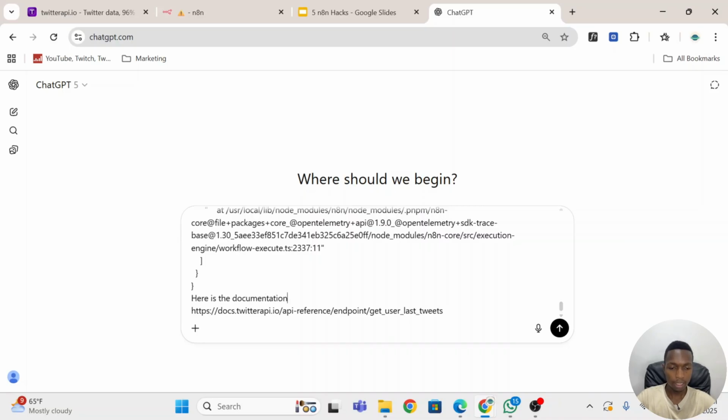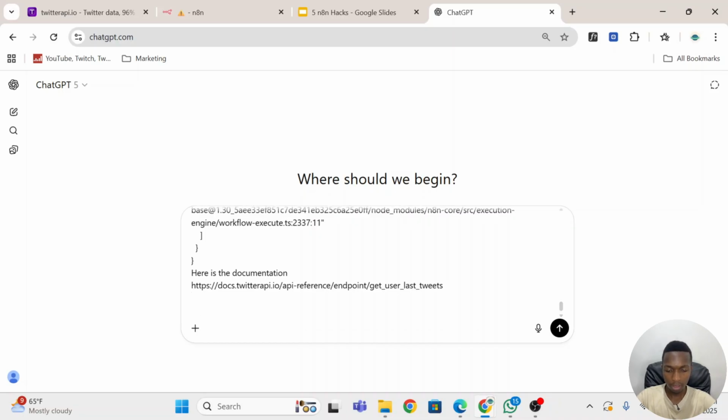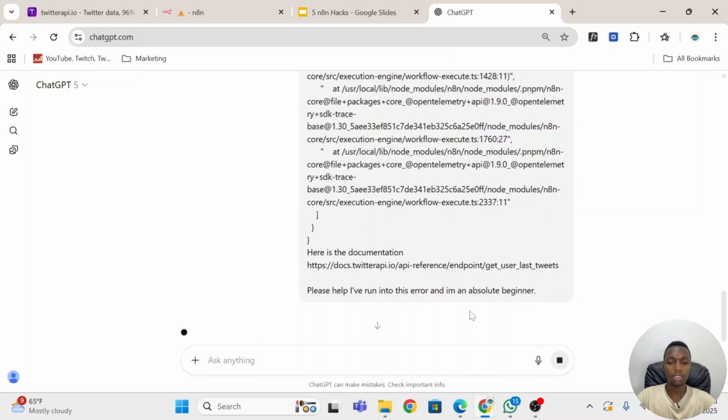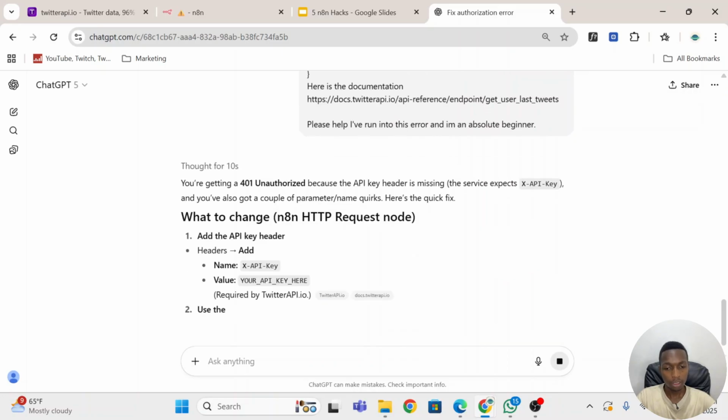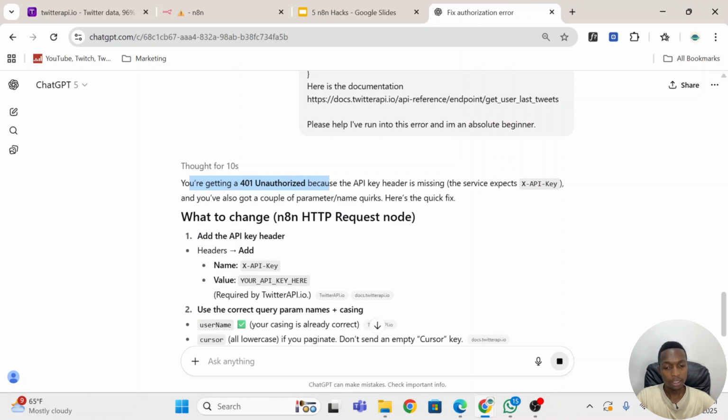Say, here is the documentation. And then let's just give it context. We'll say, please help. I've run into this error and I'm an absolute beginner. And then hit enter. You'll see ChatGPT is going to give you a step-by-step procedure on how to go about this. And you see, so you're getting a 401 unauthorized error because, so it's telling us we're supposed to add